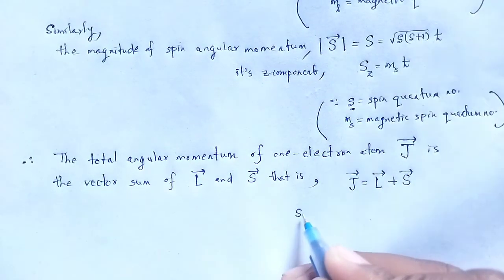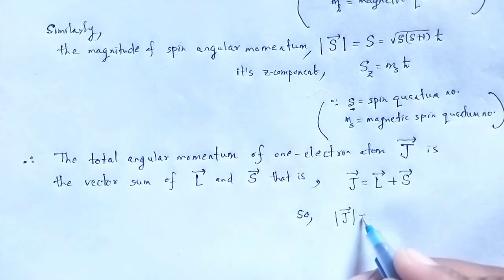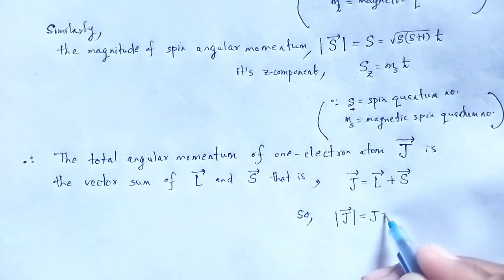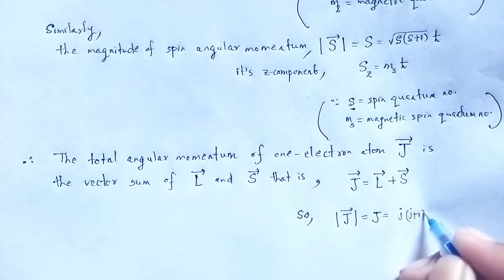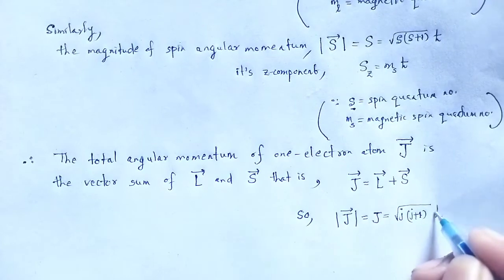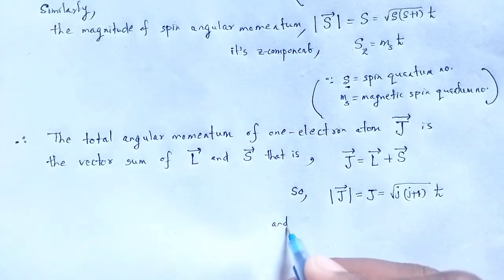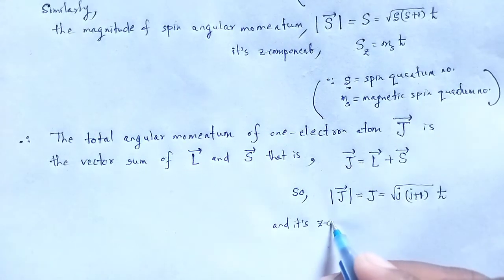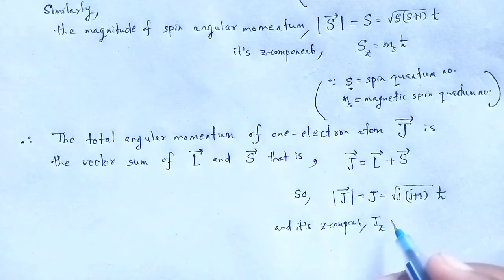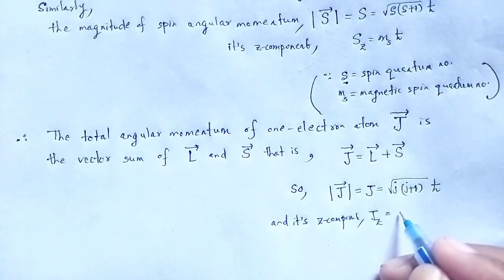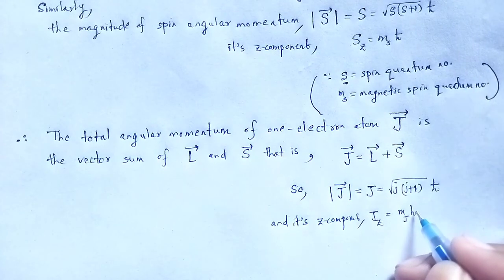So we can write here the magnitude of J is under root j into j plus 1 times h cross, and its z component, that is Jz, is equal to mj h cross,